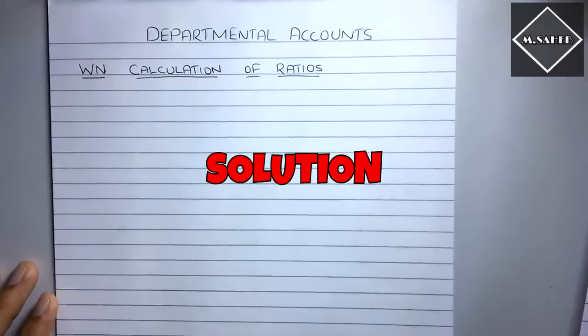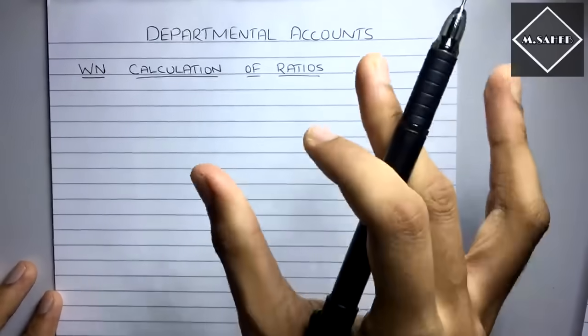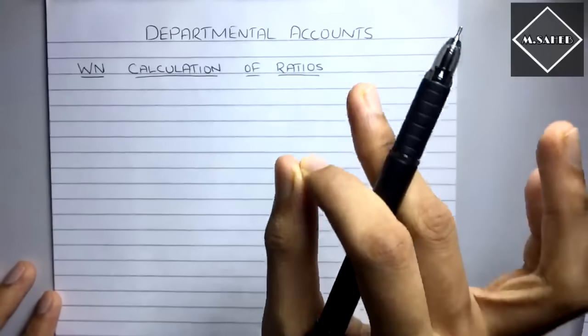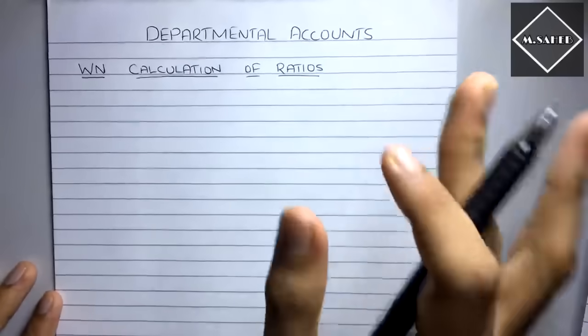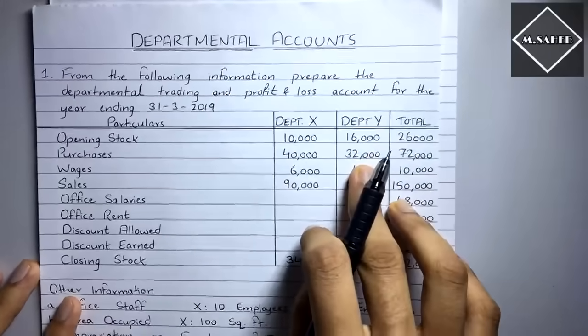Now let's solve this problem. The first thing you need to do is the calculation of ratios. Whenever you solve a problem of departmental accounts, the first thing you need to do is the working notes. Okay, calculation of ratios. First, we have purchases of department X and department Y, 40,000